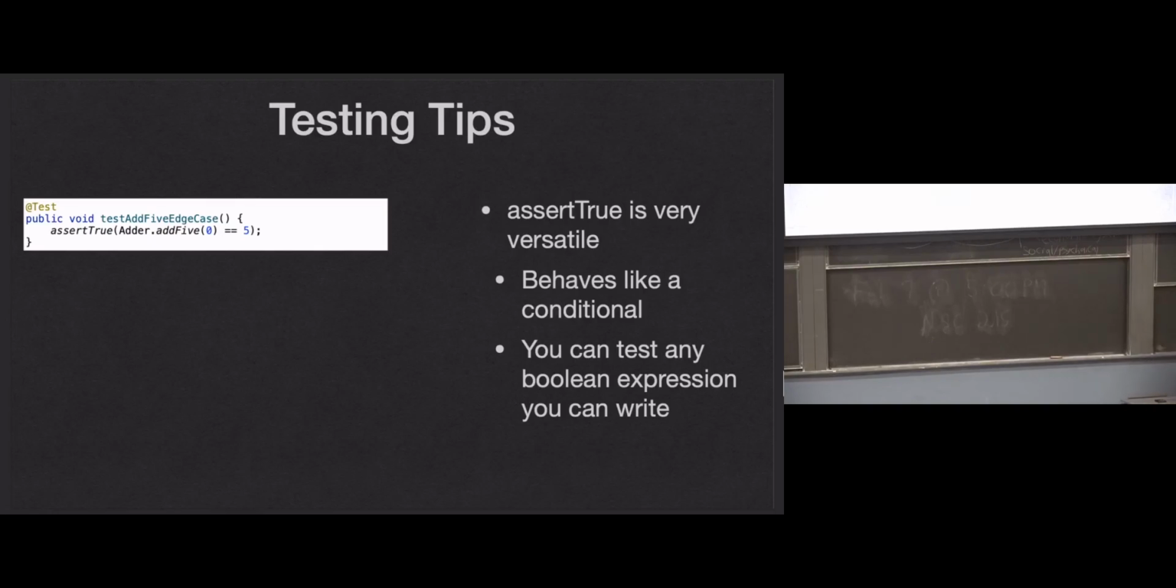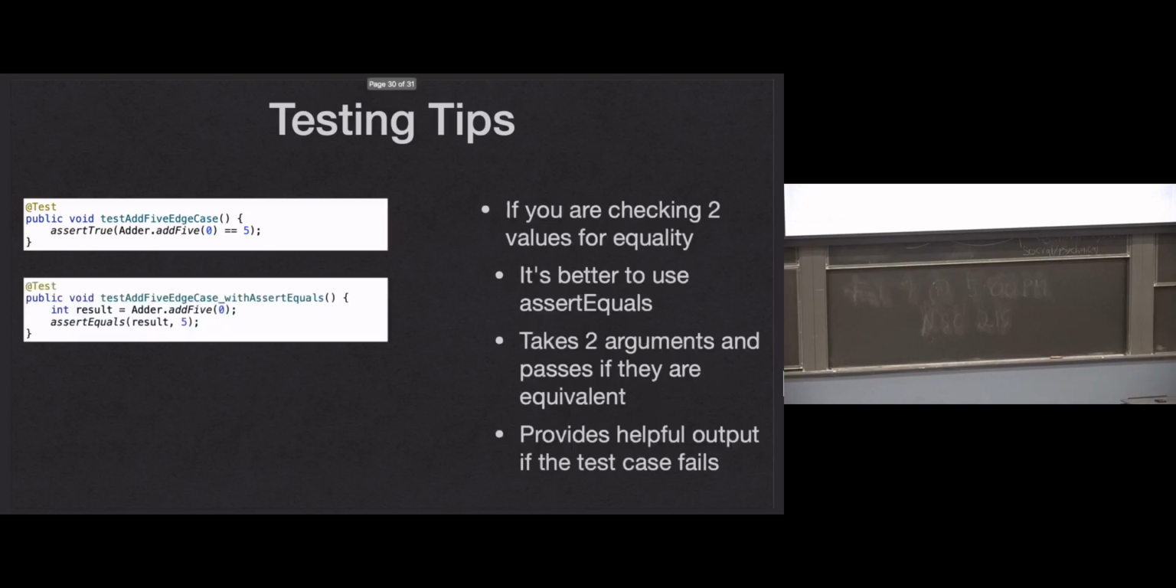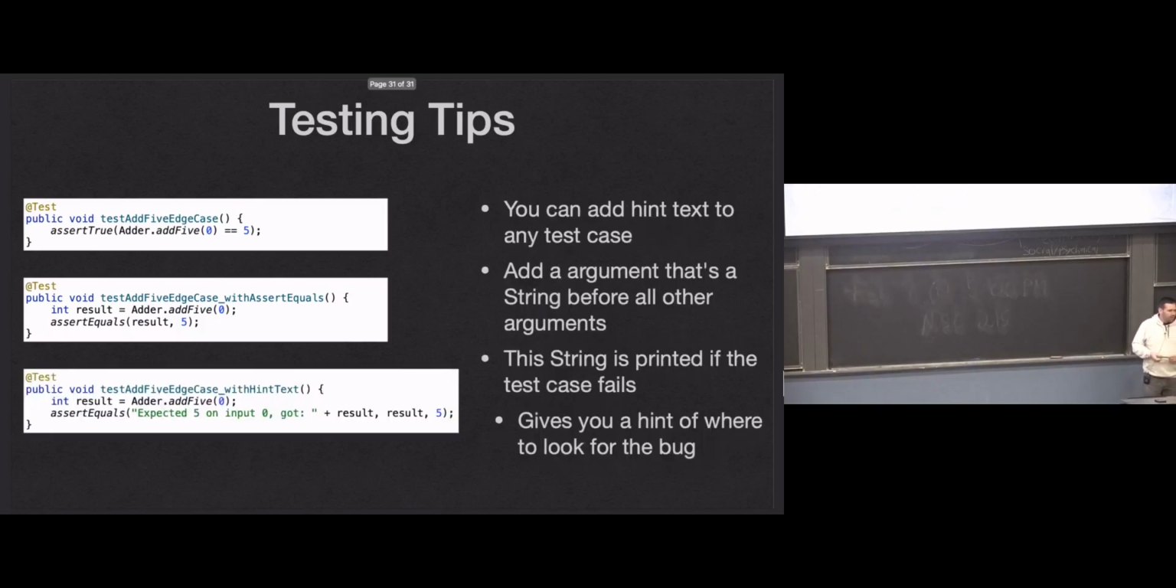And a few things about testing. True, very versatile. I mentioned this earlier in the lecture. I don't know how much I have to reiterate it here. But very versatile, can do anything you ever want it to do. There's also assert equals, which takes two parameters, or two arguments, and passes if those things are equal and fails if they're not. We'll talk about this more Wednesday on the next lecture. And hint strings. You can give any assert call a string as its first argument, and then whatever other argument